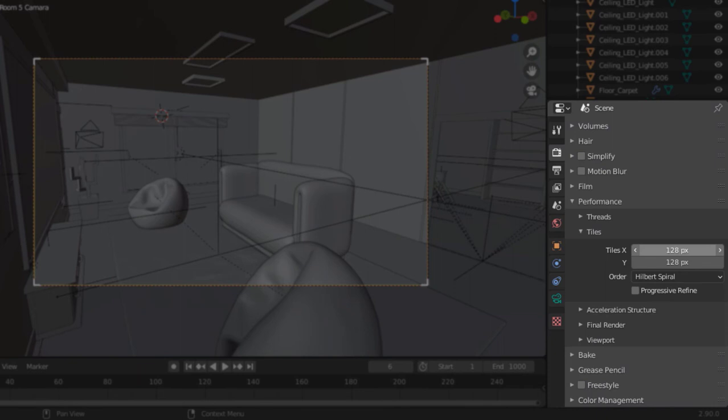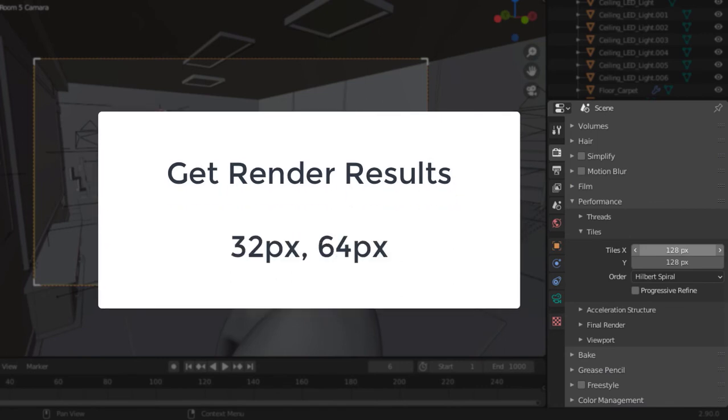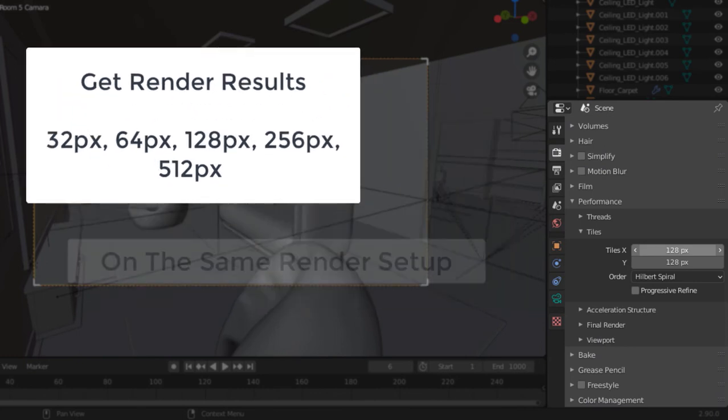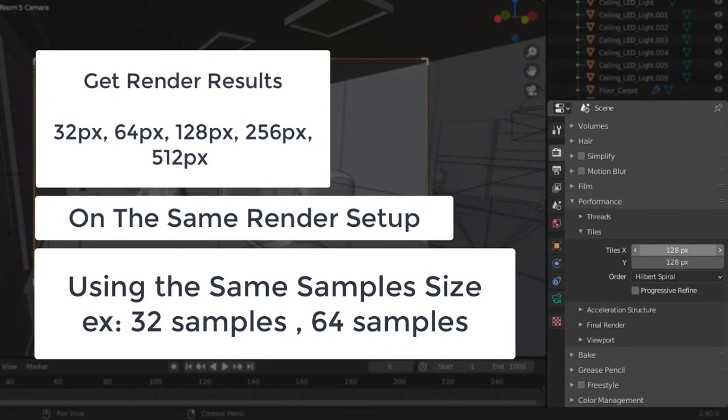But I can tell you the workflow very quickly. Try this technique to find your tile size. Get render results with 32 pixels, 64 pixels, 128 pixels, 256 pixels and 512 pixels on the same render setup, using the same sample size. Analyze the render time using the smallest sample sizes, such as 32, 64.